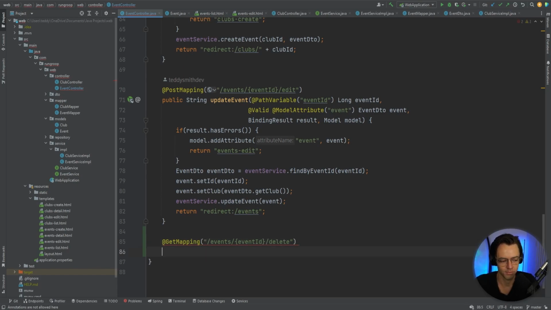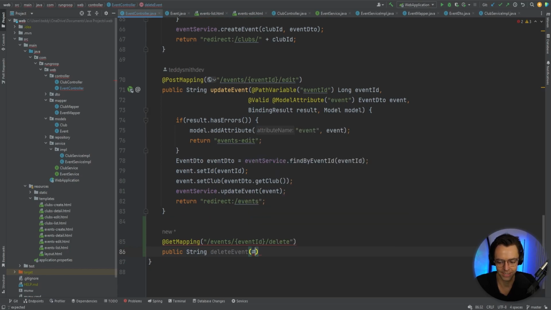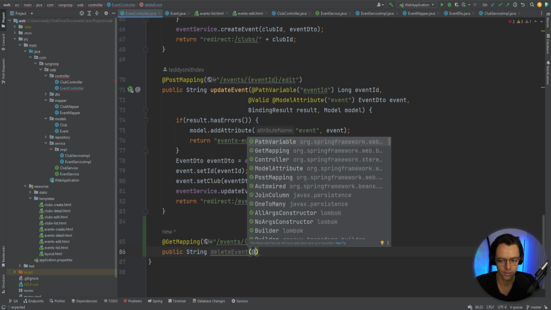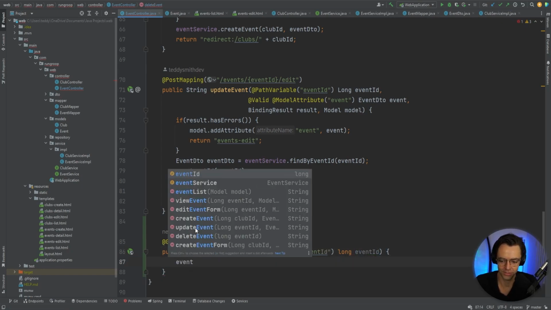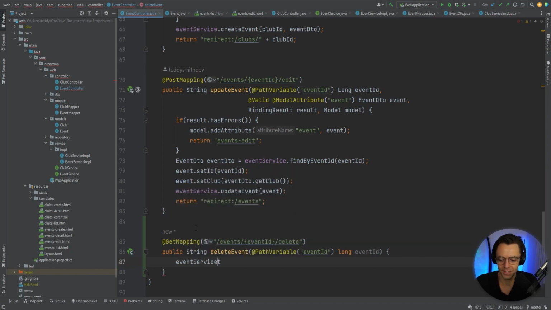Okay, so delete, we've got our annotation. Let's go into here and build out our controller and just a regular controller delete event, and we're going to pass in our path variable up here through the actual URL, and it's going to be called an event ID, and it's going to be a long of event ID. No surprises there. All right, so event service,